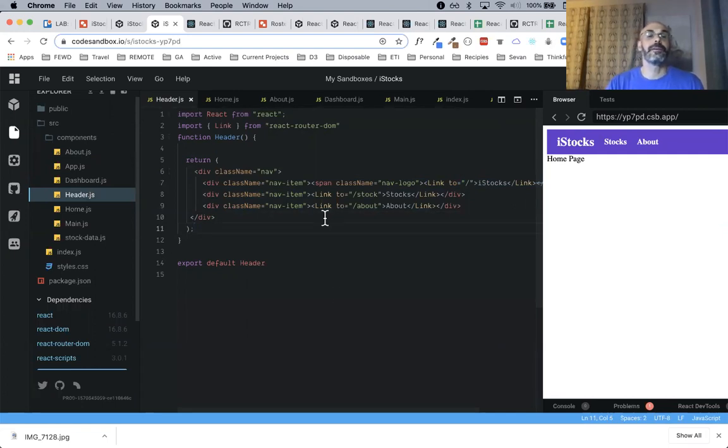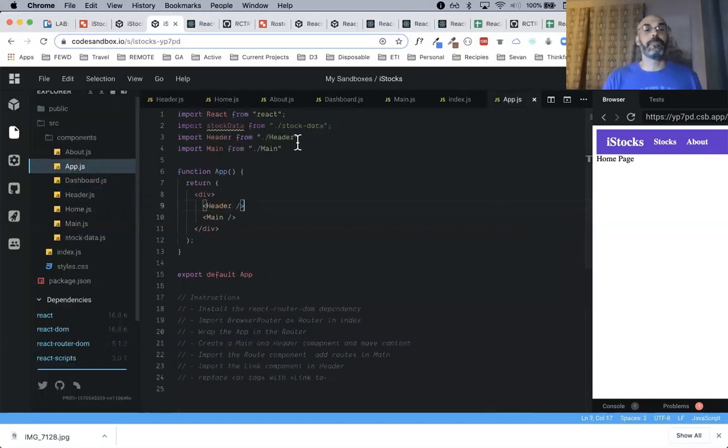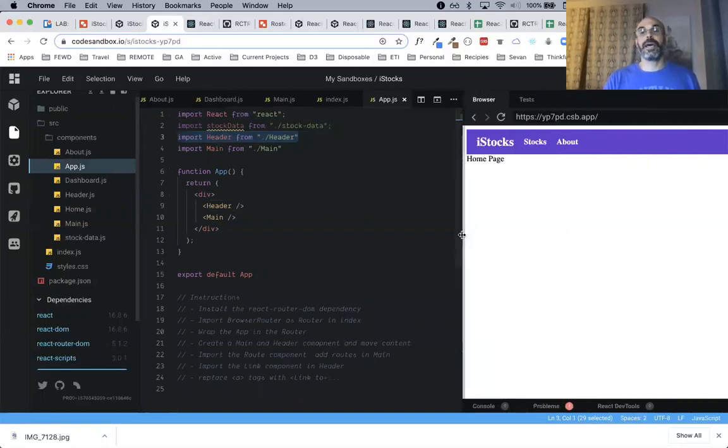Once you create it, I'm importing the link here, but that was further on, right? It was like create the structure and then do the thing. But since we're here, I import link and update all my anchor tags to be links and get rid of hrefs and change them to reference the to keyword, right? And then if I go back to app, I would import header, and then I would have just a header. And everything would have kind of worked, right? I mean, we'd click on stuff. We may not have seen anything because we didn't have routes.